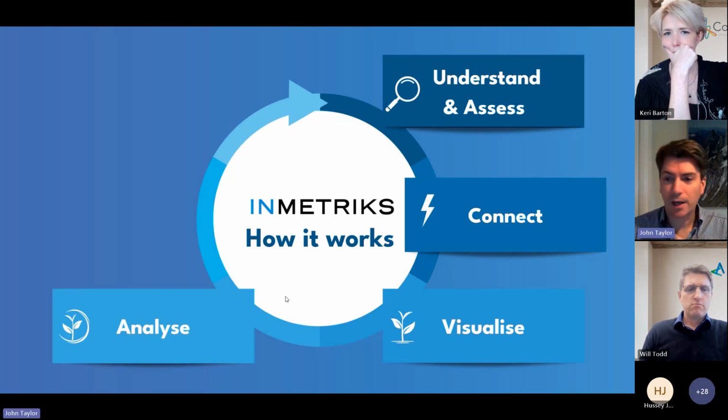And then we analyze in two ways. One is through our experienced consultancy team, but also through application of a rules engine. So it's intelligently questioning what's happening in the BMS, what's happening with the plants, what's happening in the meters, and looking for unusual activity, looking for something that shouldn't be happening. We have a whole set of rules that we apply constantly, every 15 to 30 minutes. Those rules are applied, and that will flag to us opportunities.